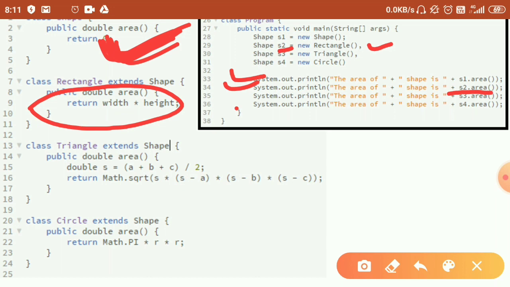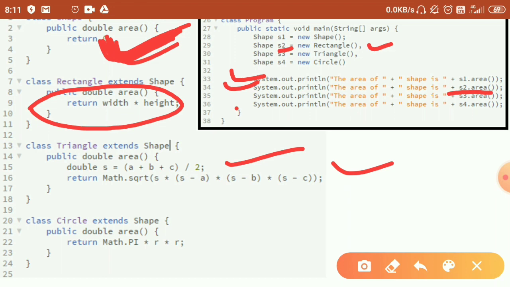I've not written the complete code because I haven't assigned any values to width and height. Similarly, I don't have any values for s, a, b, c. To keep things simple, I have not used any values for now. But the important thing here is to understand the concept: how different functions are being called from different classes by invoking the same area function.